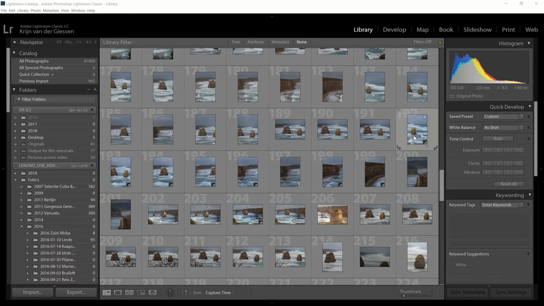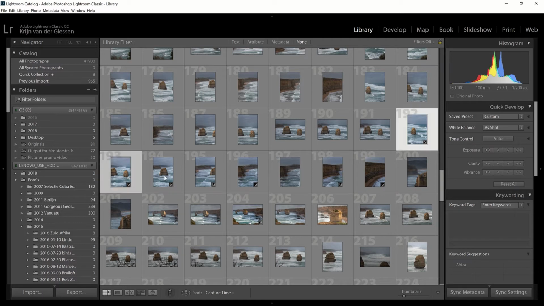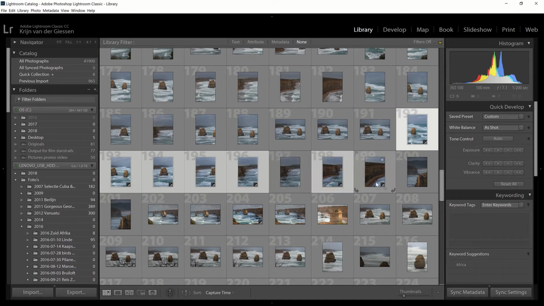So what you see here is basically the first photo I want to use. I'm using the 12 Apostles. So that's the first one. This is the second one, that's the third one, that's the fourth one, that's the fifth one. There's a duplicate, so I'm not using that fifth, and the sixth and the seventh. So these are the 7 photos I want to use. So when you go to the Develop tab,